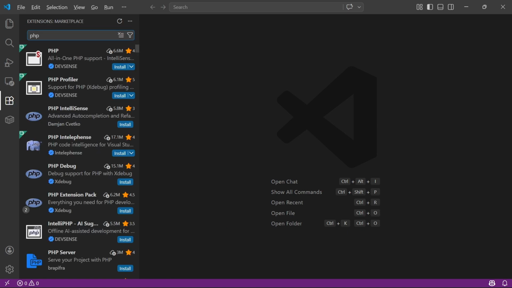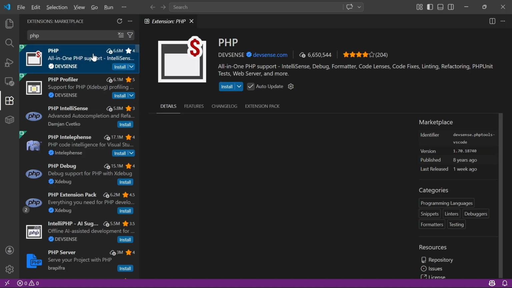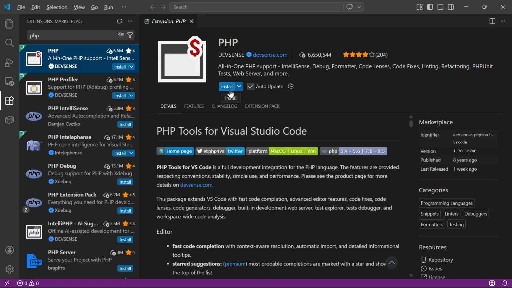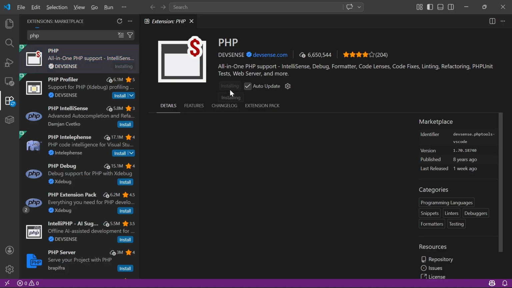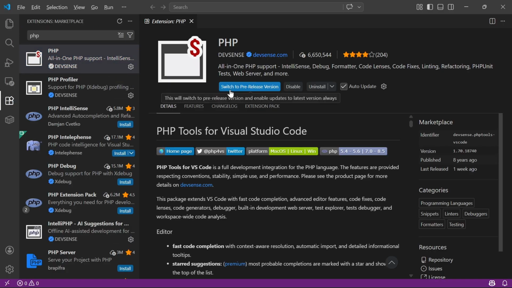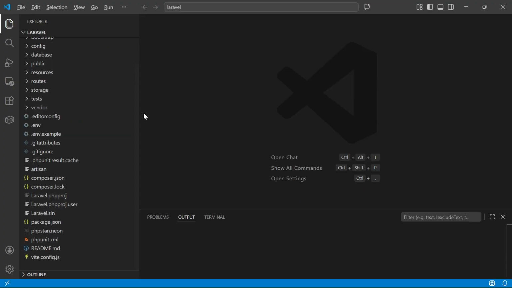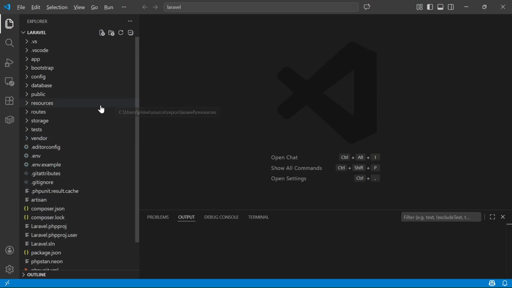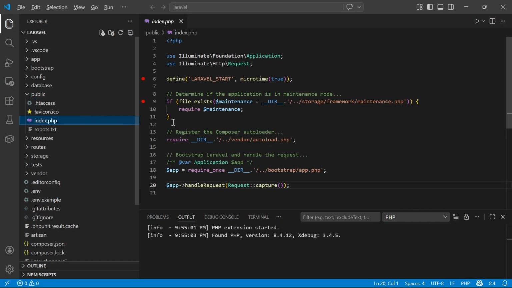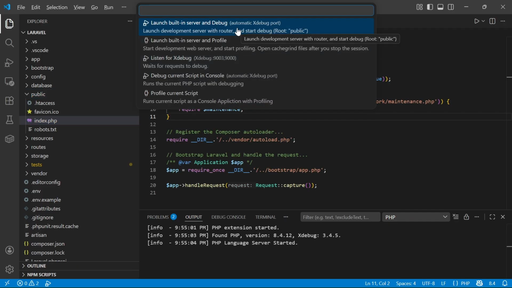Now we'll switch to Visual Studio Code. Open the extensions view and make sure you have the extension called PHP by DevSense installed. Then open your PHP project folder. To start debugging, simply press F5 in any PHP file. A selection pop-up will appear, choose Run and Debug, and VS Code will automatically configure and launch your PHP application